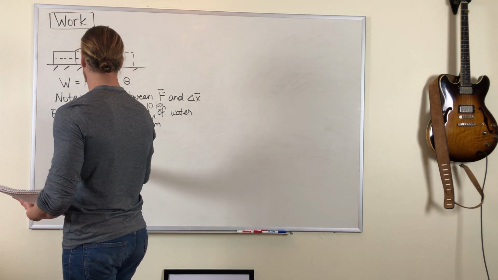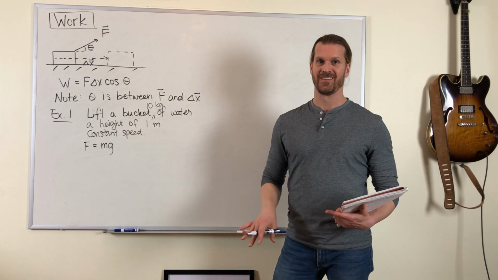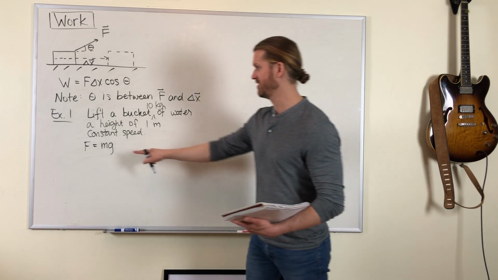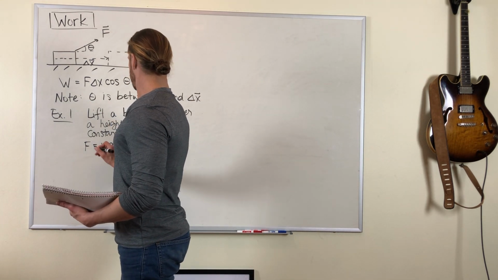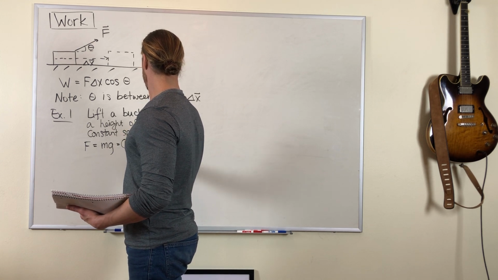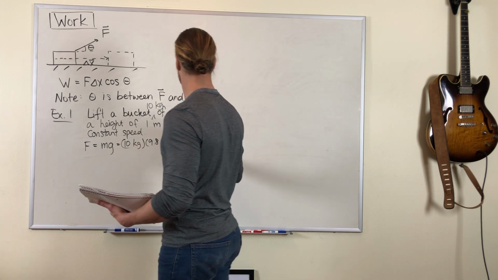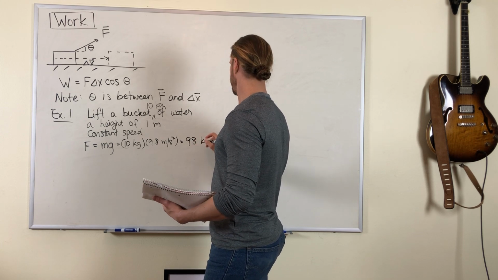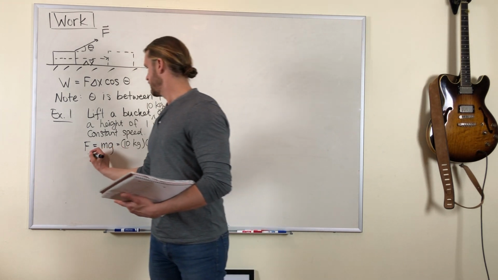So the applied force in this case will be just the weight of the bucket, and I'm being careful not to write W for weight just because we'll get really confused, so I'll write mg instead. And that's going to equal 10 kilograms times 9.8 meters per second squared, or 98 newtons. And that distance